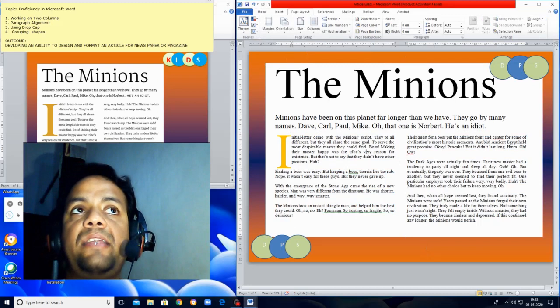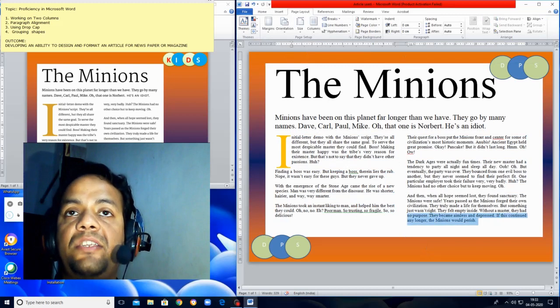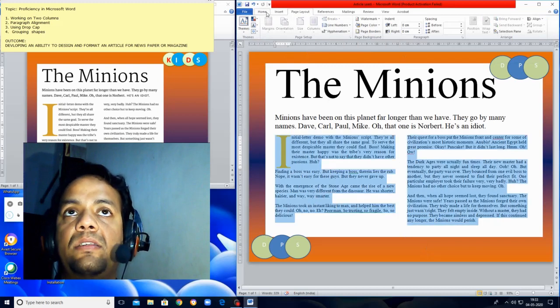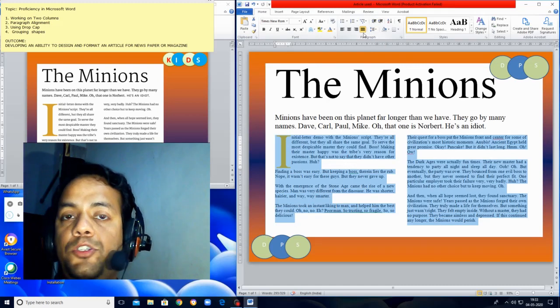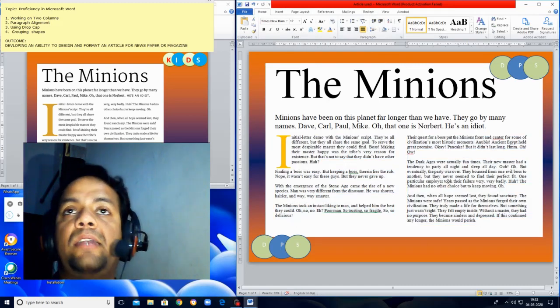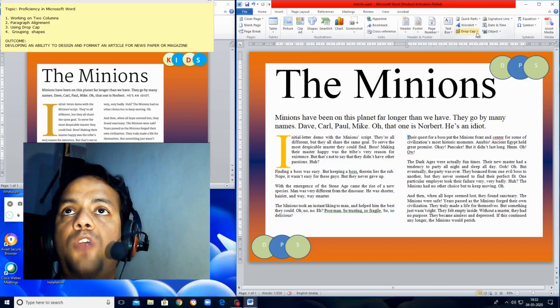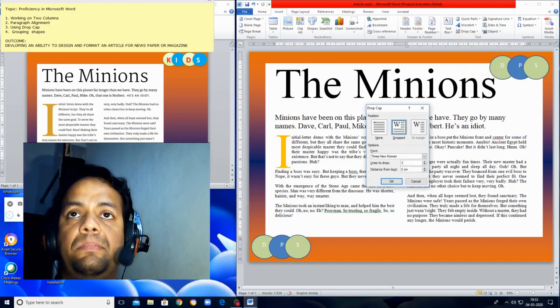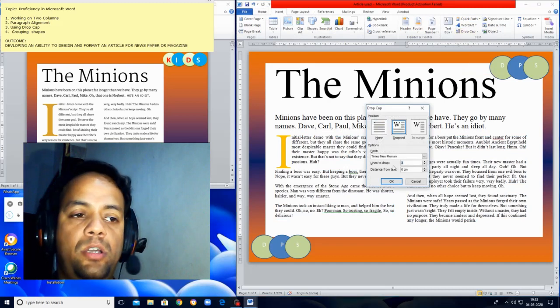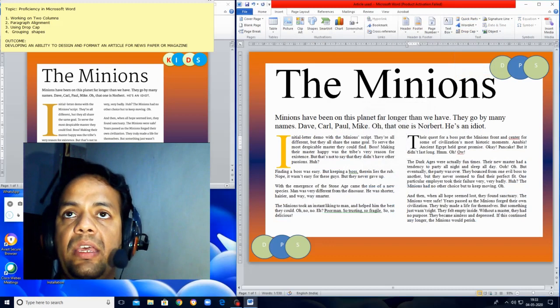Second thing, you need to justify the paragraph: select the text, go to home, paragraph, alignment, choose justify. Third thing, drop cap: select any letter and go to the insert menu, choose the drop cap option. Under the drop cap option, choose the middle option, type how many lines you want, click OK,